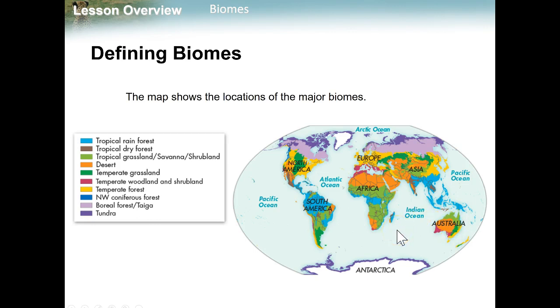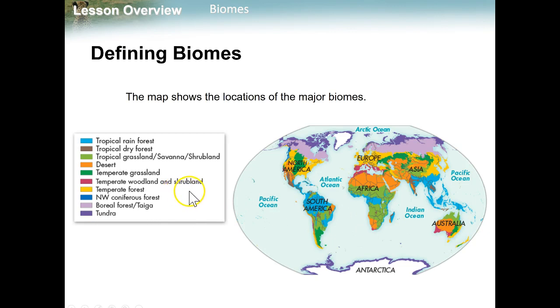The temperate grassland is going to be dark green, and look at the temperate grassland. Most of North America, I would say, part of South America, and then up here through Europe and parts of Australia. We have the temperate woodland and shrubland.